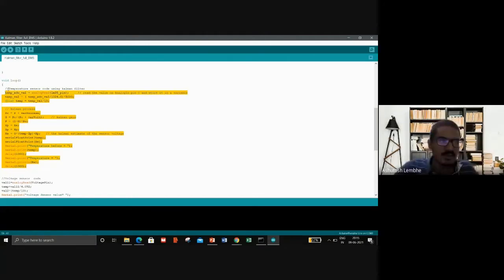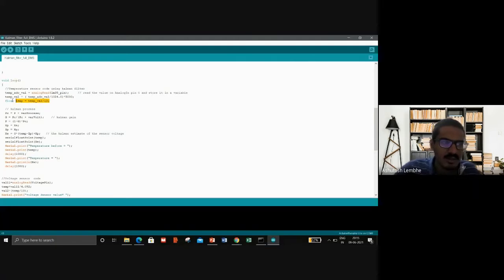I will be explaining the Kalman filter coding for this Arduino code. Basically, we are converting the value of the temperature sensor acquired by the Arduino from analog to digital using this formula. This value is then set in a temporary variable of a float data type.